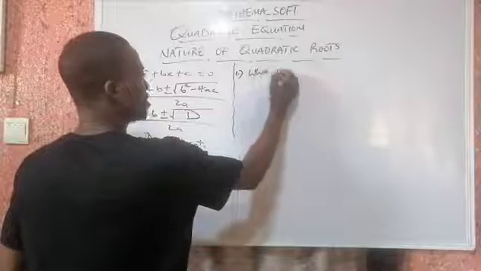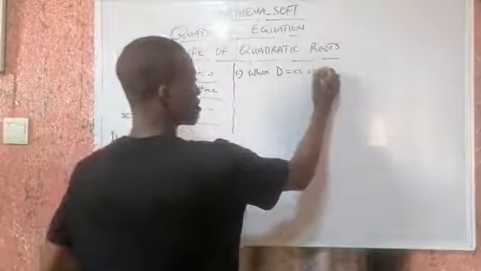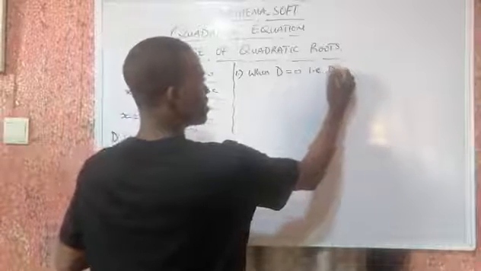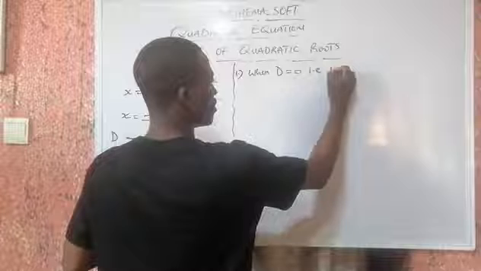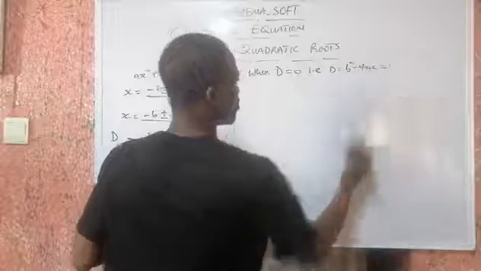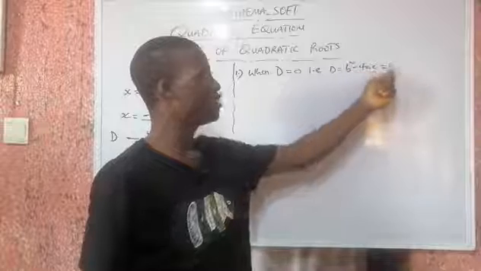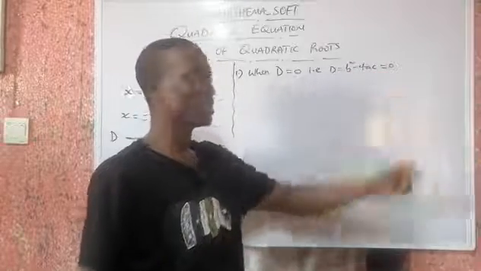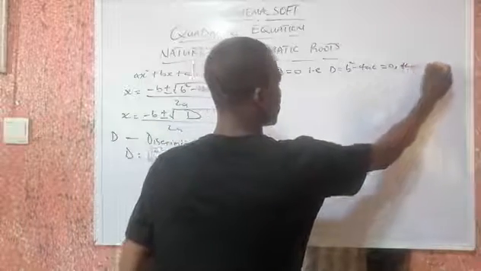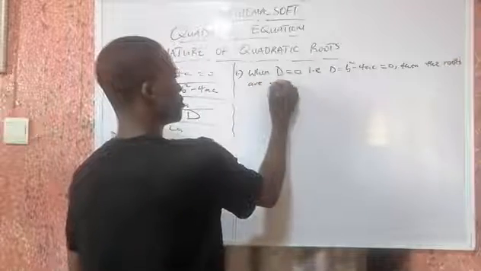When d equals 0, that is, when d equals b squared minus 4ac equals 0. So when you perform this on a quadratic equation and you get 0, then your discriminant is equal to 0. Now let's look at the interpretation. Then the roots are real